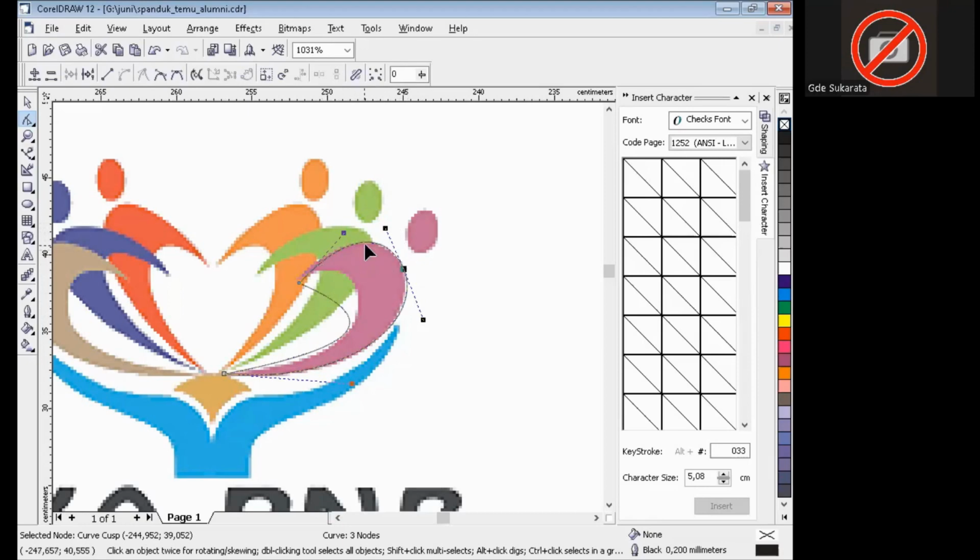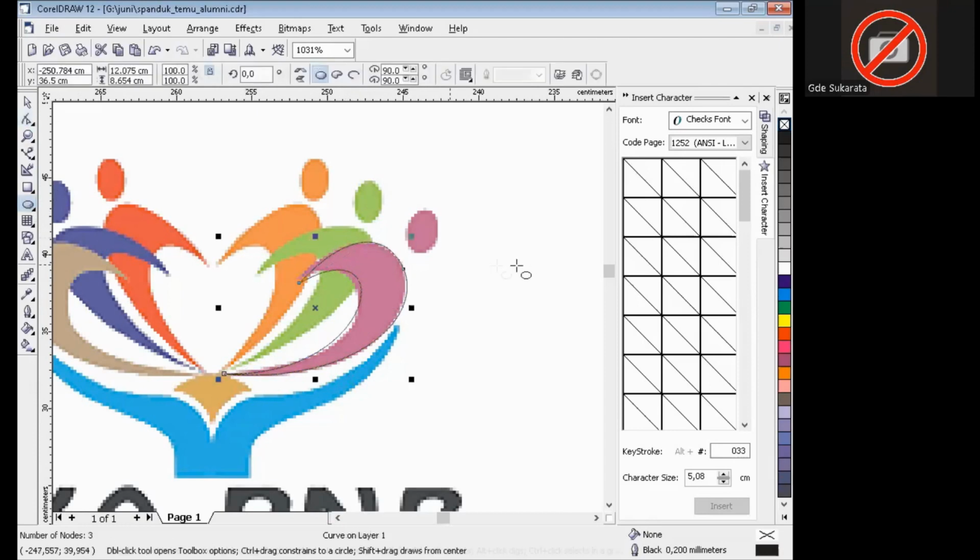This the result is smooth curve. Okay, now we'll try to this the node control. Okay, and this the node control. Yeah, that's it.